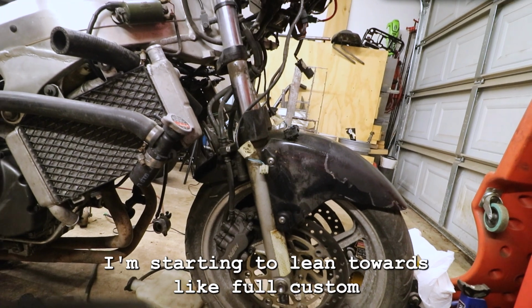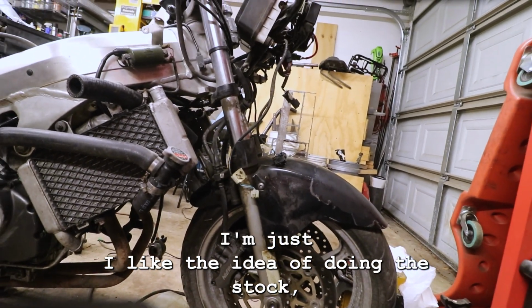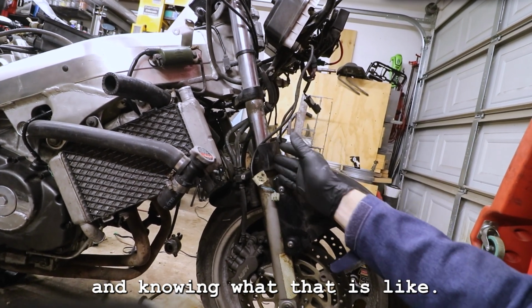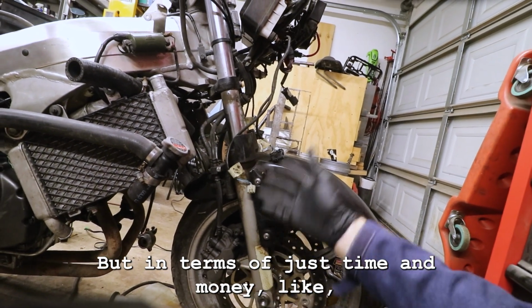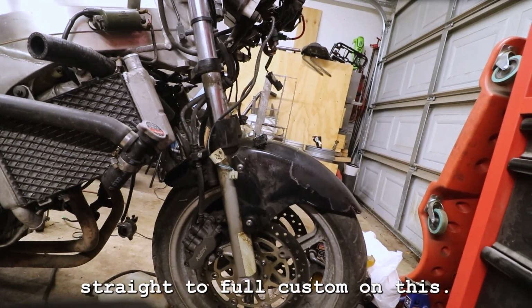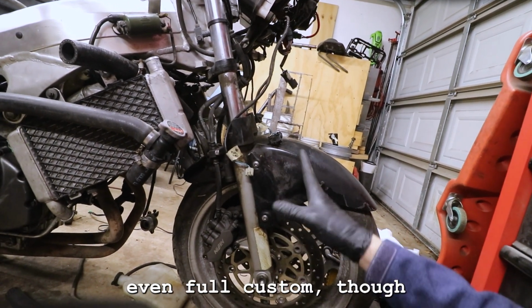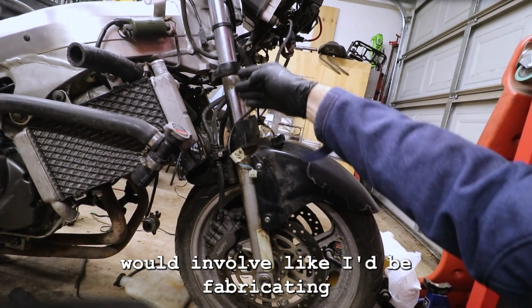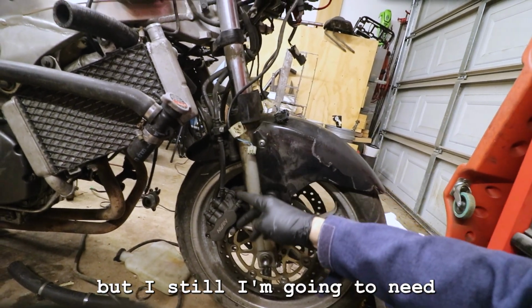I'm starting to lean towards full custom. I like the idea of doing the stock, experiencing the stock ride and knowing what that is like. But in terms of just time and money, I feel like I should just go straight to full custom on this. And so that would involve, even full custom though, I'd be fabricating all these fork legs and stuff myself, but I still am gonna need